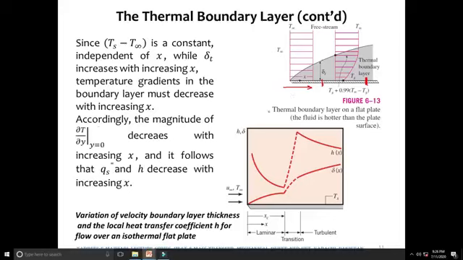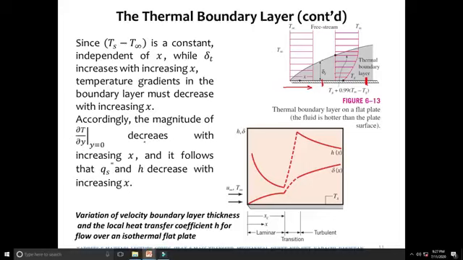It further says, kindly note that we are talking about the temperature gradients in the y direction, because over here the value is Ts at this point, and the temperature is not greater than Ts at this point. Rather, it is Ts at this y, and this y, and this y. So we are talking about the change in temperature in y at any particular x. Accordingly, the magnitude of ∂T/∂y at y equal to 0 decreases, of course,